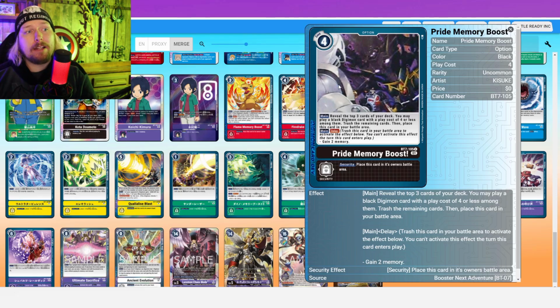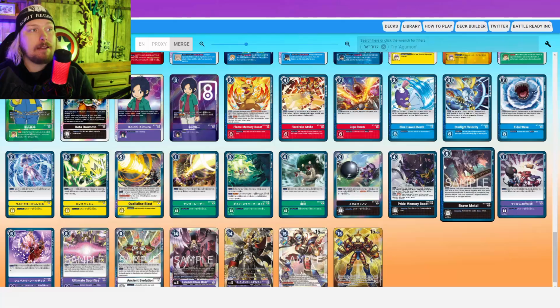We got Pride Memory Boost, so another memory boost card. This is a 4 play cost, though, delay gain 2. But main, reveal the top 3 cards of your deck. You may play a black Digimon card with a play cost 4 or less among them. Trash their remaining cards, then place this card in the battle area. That's pretty good. 4 play cost, reveal the top 3, and then you get to play a 4 play cost